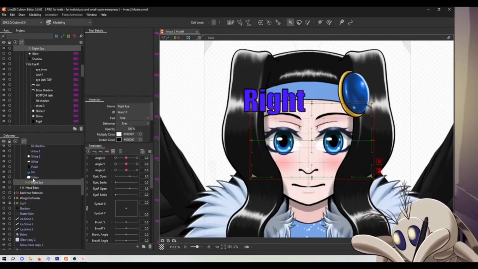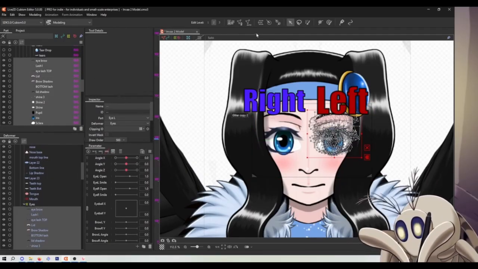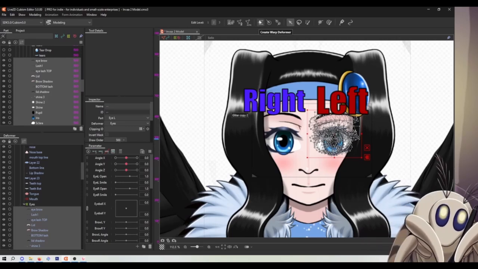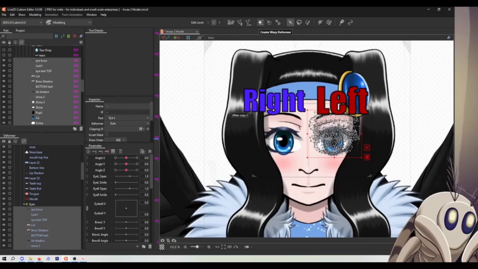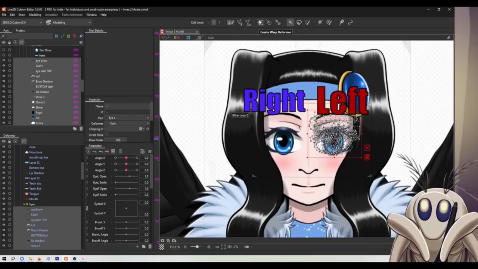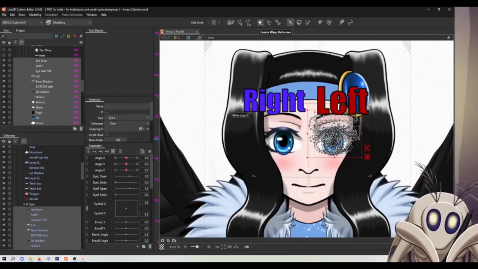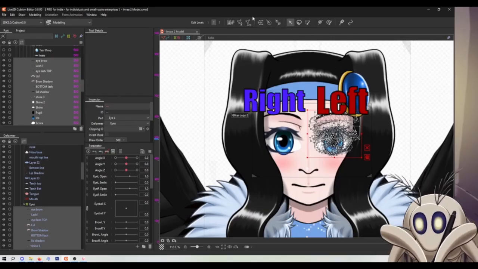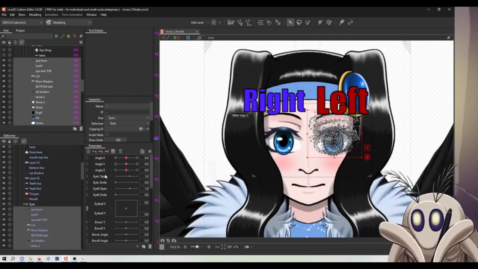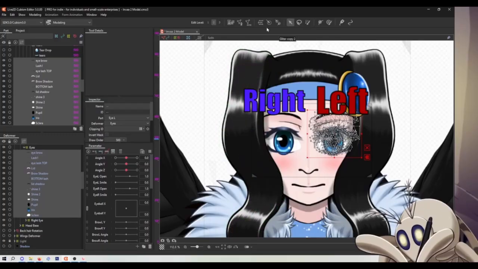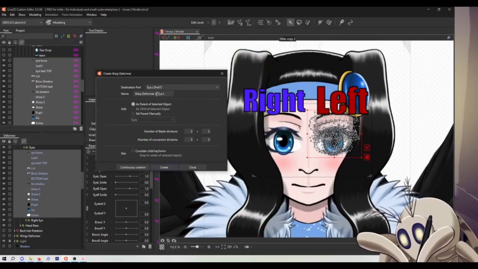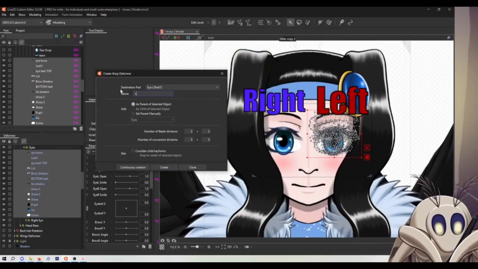So we got that. Now let's select their left side. Always remember that part. You're basing the model based off of their sides, when it comes to the face anyway. Everything else does not matter. It's mostly the face when it comes to the left and rights, if that makes any sense. If it doesn't, don't worry. It's just as confusing to me at first too. Let's go back up here to the fishing net, click on that, and we're going to call this left eye